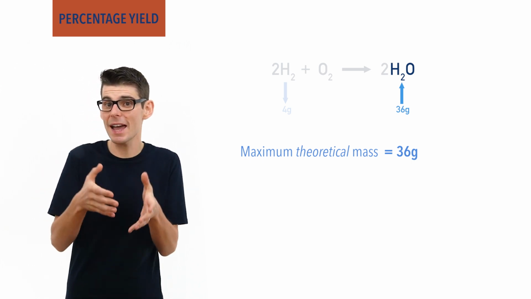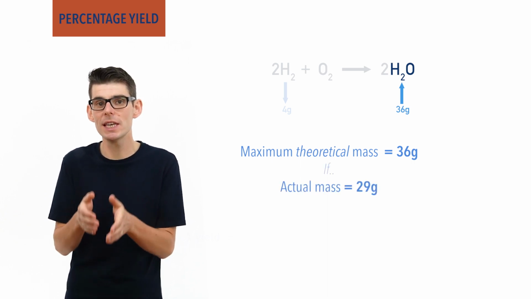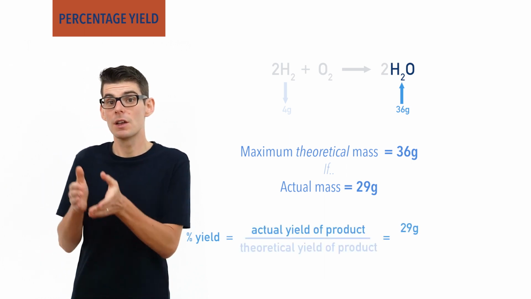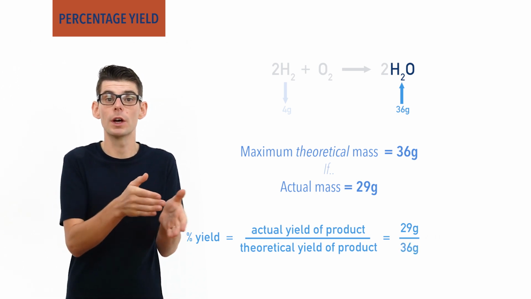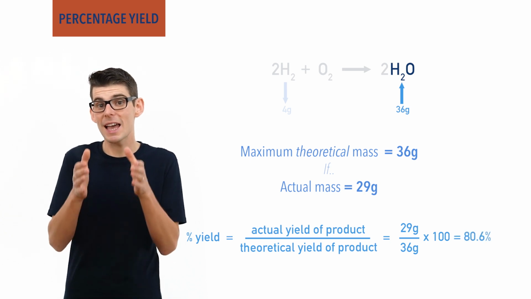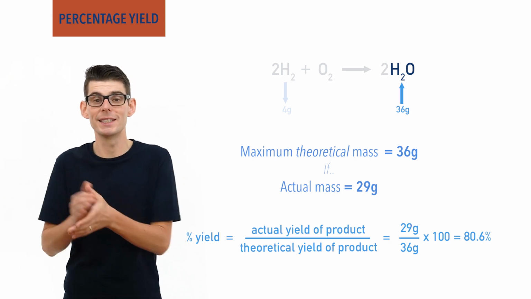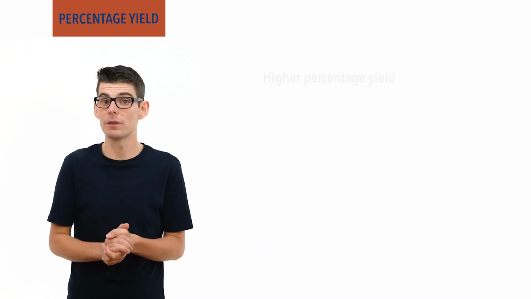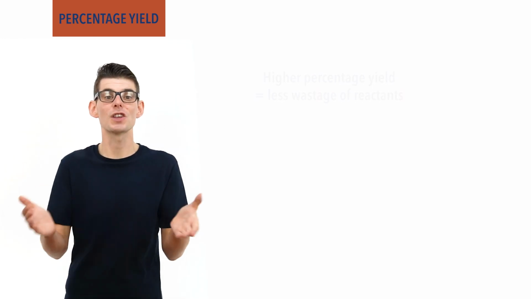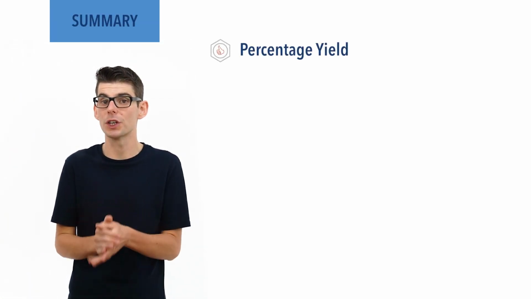If, when the reaction was actually carried out, only 29 grams of water was produced, the percentage yield would be the actual yield, 29 grams, divided by the theoretical yield, 36 grams, times by 100. This would give 80.6%. This means 80.6% of the maximum amount of product possible was obtained. The higher the percentage yield for a given reaction or process, the less wastage there is and the more efficient it is. So, to summarize, percentage yield is a way of showing how much of a given product was formed